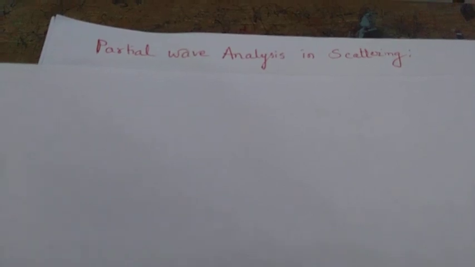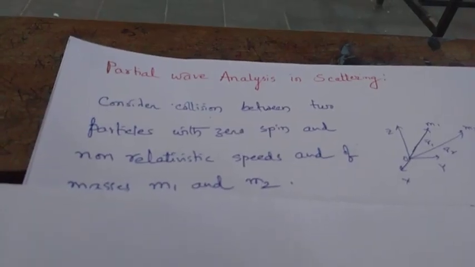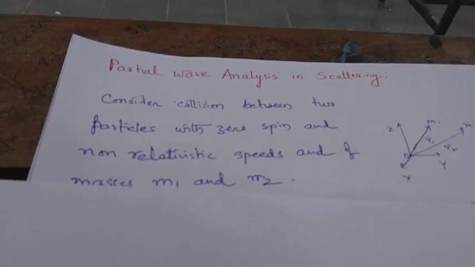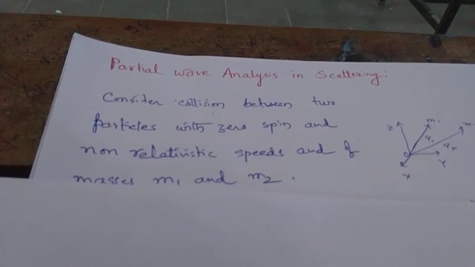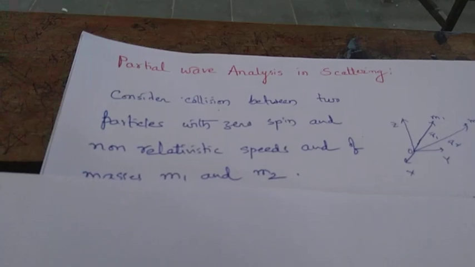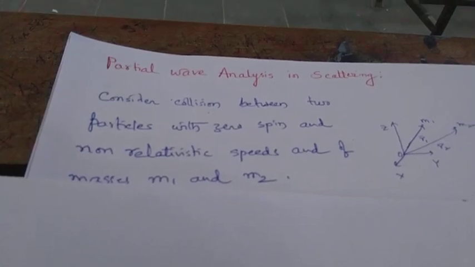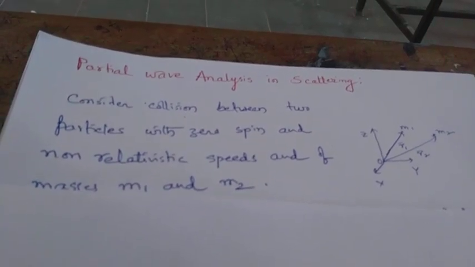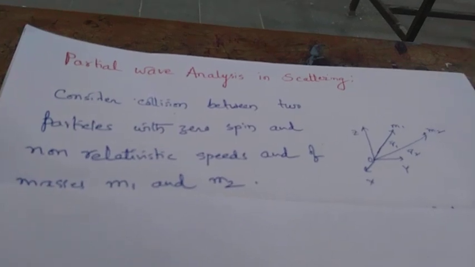The topic of the video is the partial wave analysis in scattering theory in quantum mechanics. Let us consider the collision between two particles with zero spin and with lower speeds that are in the non-relativistic regime, and with masses m1 and m2 as shown in the figure here, where r1 is the location of the first